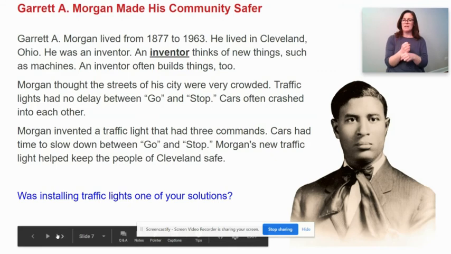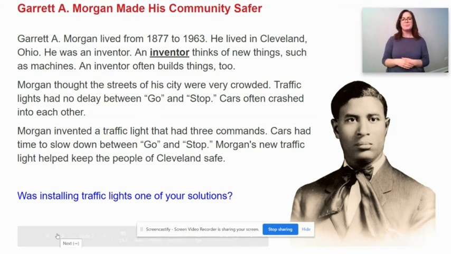Garrett A. Morgan made his community safer. Garrett A. Morgan lived from 1877 to 1963. He lived in Cleveland, Ohio. He was an inventor. An inventor thinks of new things, such as machines. An inventor often builds things too. Morgan thought the streets of his city were very crowded.